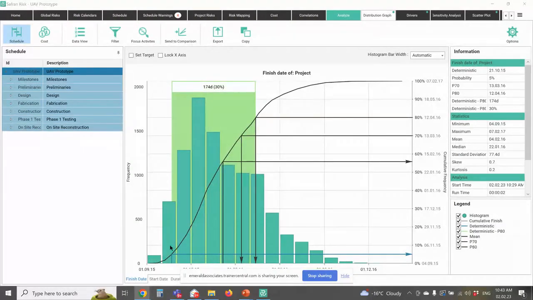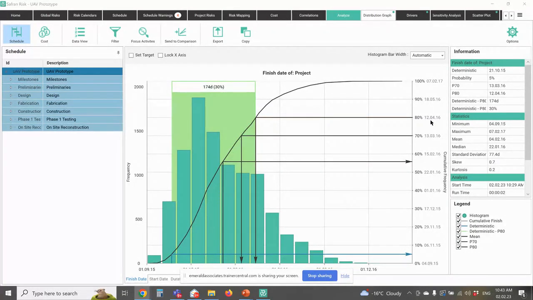So every time it does a simulation, it records the outcome of that simulation in terms of a date, and it tells us, okay, here's where you're likely to end up. So it's saying I'm 5% likely to be on time. Well, what if I want a confidence level that's a little better? What if I want to look at, give me my 70% confidence level, which basically is saying in the simulation, 70% of the time I finished by a particular date. Well, Safran tells me that if that's what I want, I need to look at the 13th of March as my finish date. If I want to go to a P80 date, I need to go to the 12th of